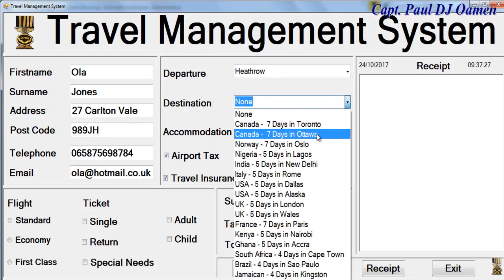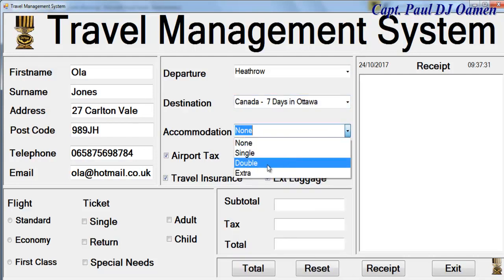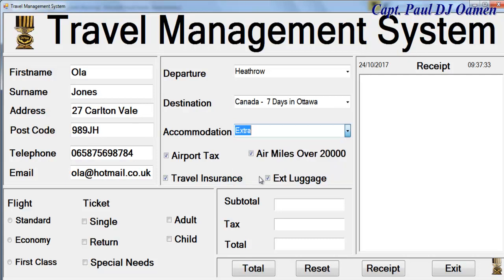Destination is off to Ottawa, and accommodation he requires extra. He's going to pay tax, airport tax. He has some mileage, travel insurance paid, excess luggage, and it's actually going on first class return. Alright, it's an adult. So if we click on the total, there we go, that's the total there and the